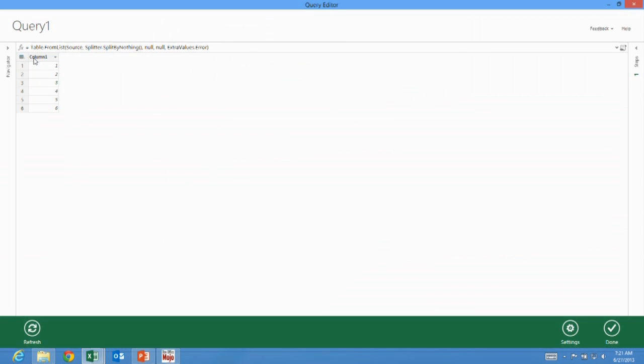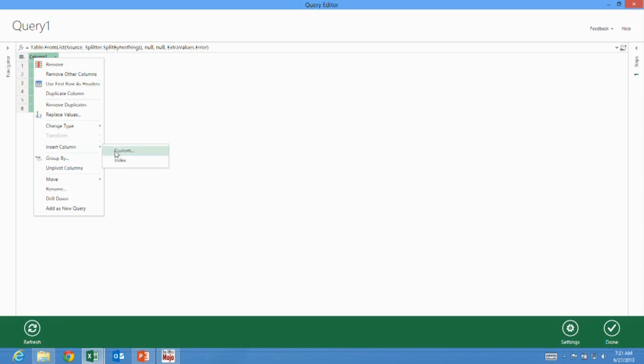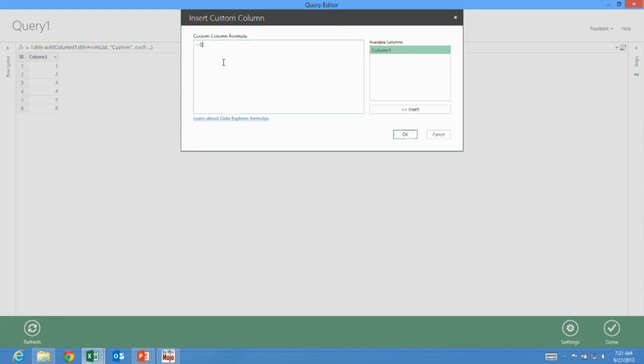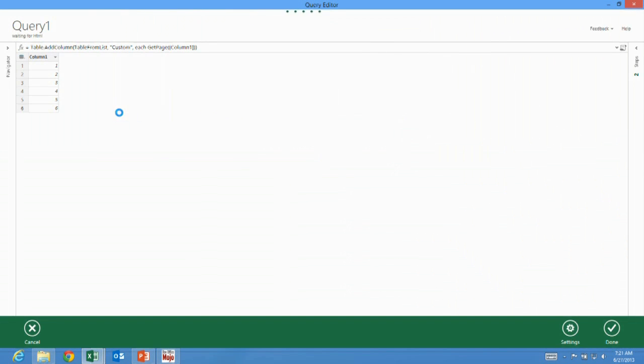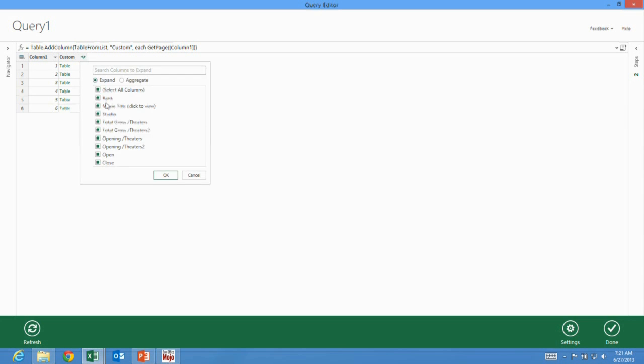And now I want to insert a custom column in with that table that says call the function getPage and pass in the column field. And now what's happening is the engine is calling, for each number that's there, that function we just created, and it's resolving that page. So it's getting each of the pages down, and now it's created a relationship to those pages. So now each table represents a page that it found. So now I can just use the standard expand technique,